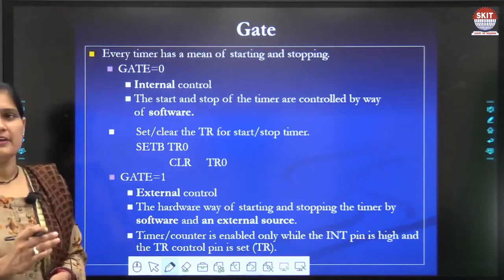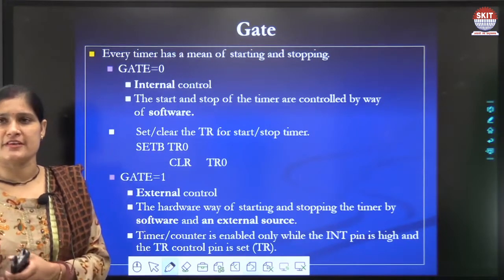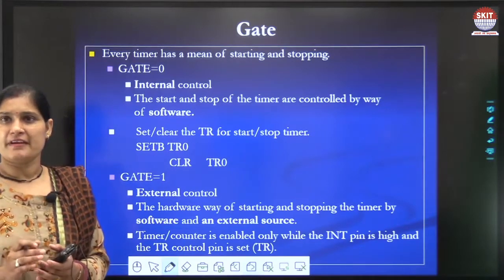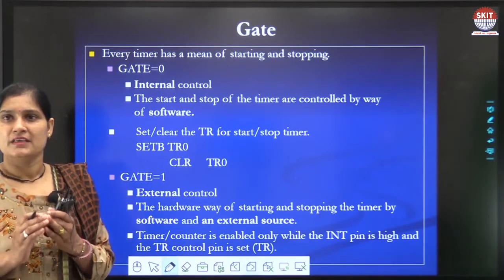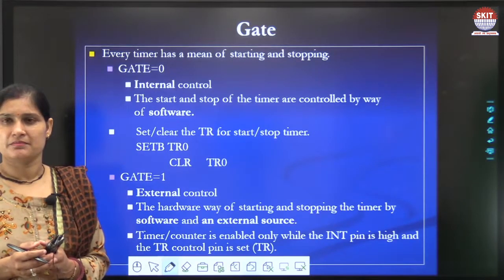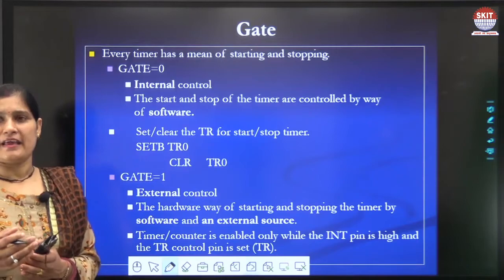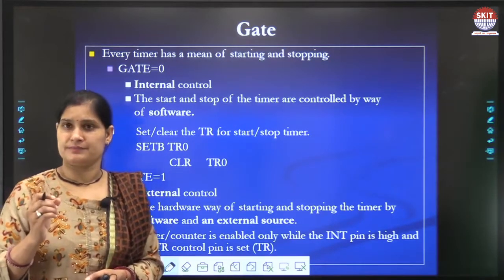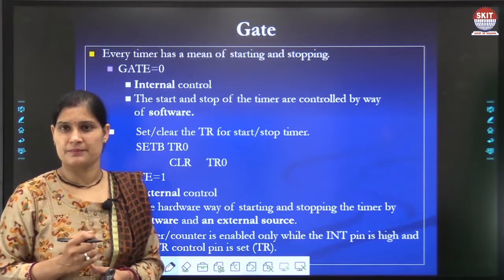If the gate bit is reset or clear, it means you can start a timer with the TR bit in the TCON register.